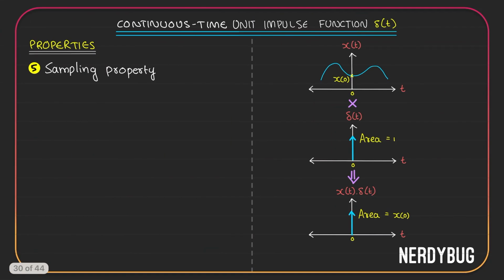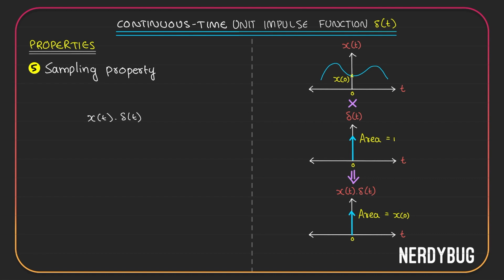The next property is the most important property of a unit impulse function and it is called the sampling property. Consider we have an x of t that looks like this. Consider we are taking a delta of t, that is an impulse at t equal to 0 with area equal to 1. If we multiply them together, what will be the result? Over here we have 0, so this multiplied with this part will be 0. Over here also we have 0, that multiplied with this part, again we get 0. So the output will only have value at t equal to 0 because the impulse function only has value at t equal to 0. That is, you will be multiplying x of t with delta of t.